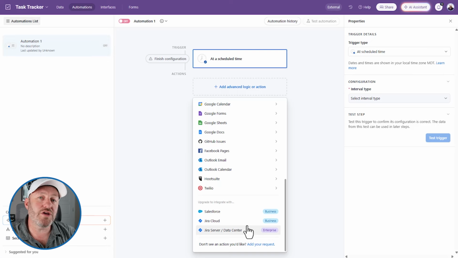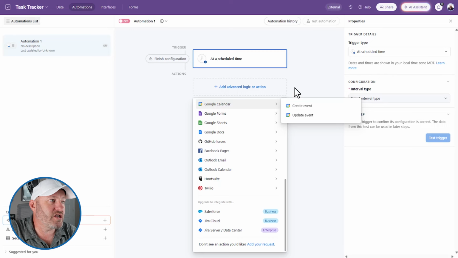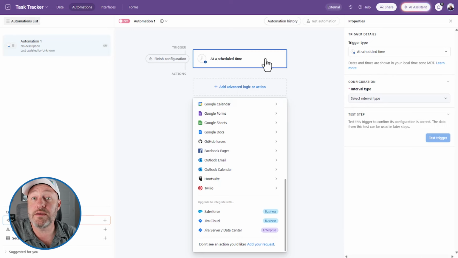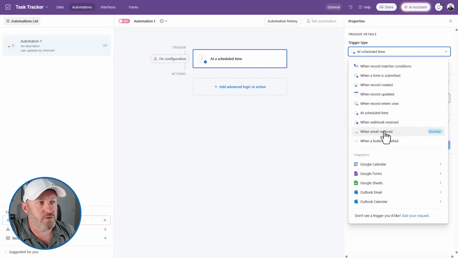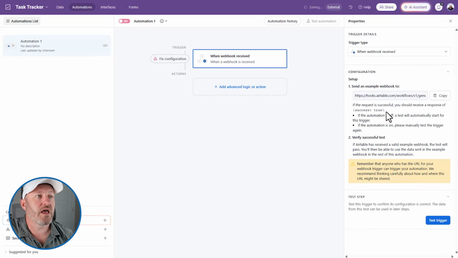For example, we might use a webhook to trigger our automation from something that happens inside of our email service provider. So we can set up our email service provider to automatically send a webhook, and then we can use our trigger event. We can change this. Instead of being at a scheduled time, we could say a webhook is received, and we can put that webhook into our email service provider, into Asana, into whatever tool you're using. If it has native webhook capabilities where you can just bring that webhook in, then you can say, hey, whenever